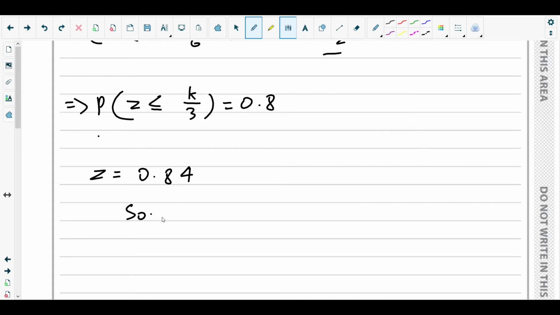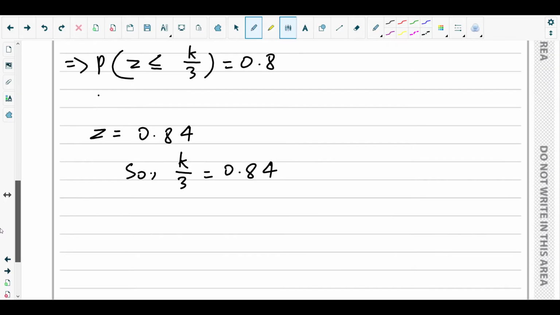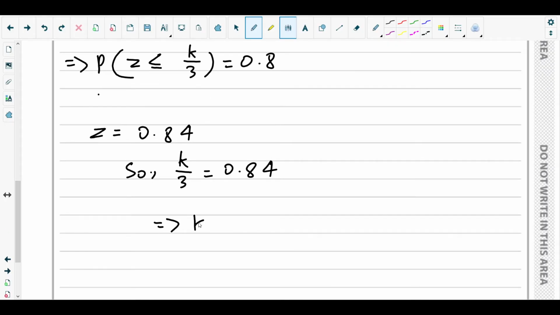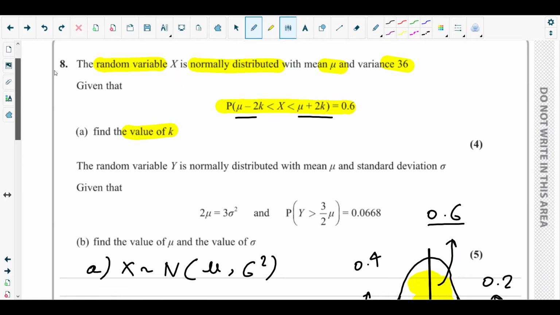So the value for k over 3, it's what? K over 3 is equal to 0.84, right? So the value for k is what? The value for k is 3 times 0.84, which would give you 2.52. The value for k is 2.52, up to 3 significant figures. That's the answer for part A, and that's the value of k. Done. Next,